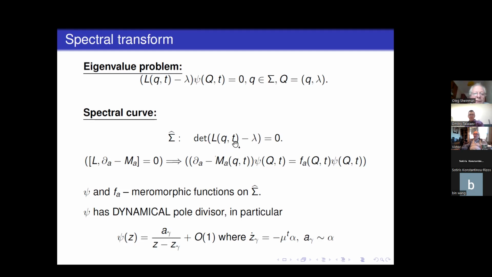It certainly doesn't depend on t, and let's observe that